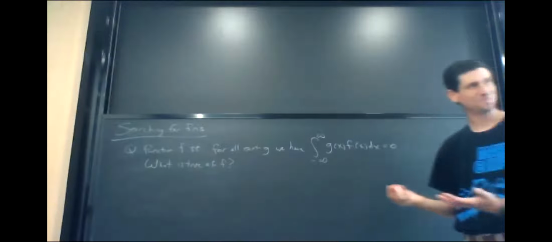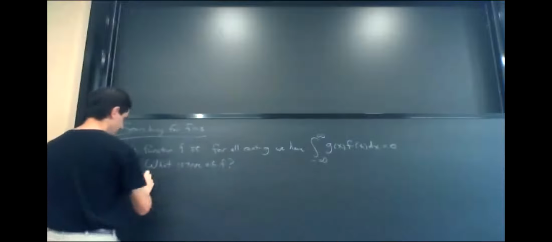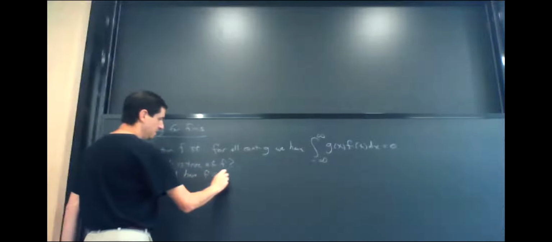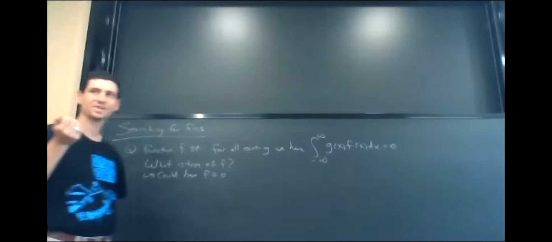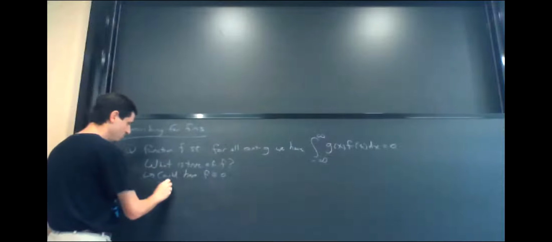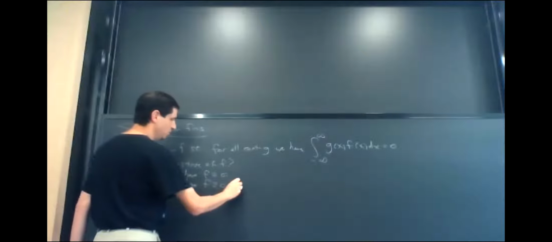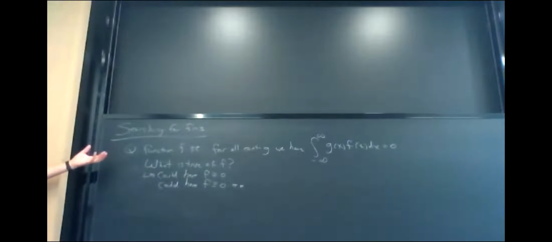Probably yeah. So we at least know an example. We could have f is identically 0. So at least the set of functions, could anything work other than the function that's identically 0? 0 almost everywhere. Good. So we could have f is congruent to 0 almost everywhere. So because of this, it means we might want to change what we're searching for.